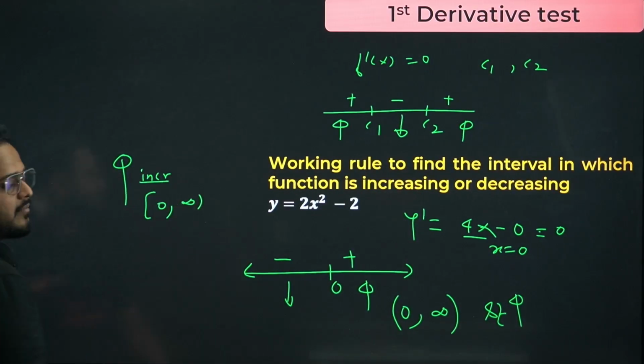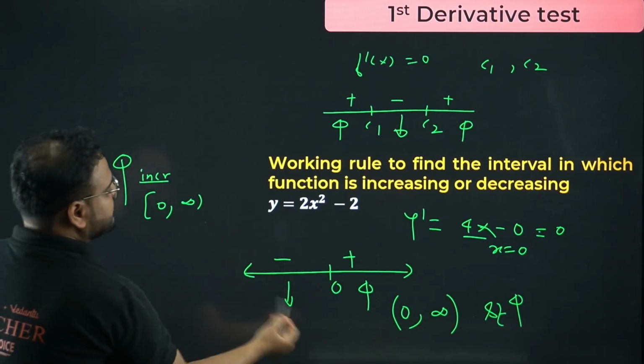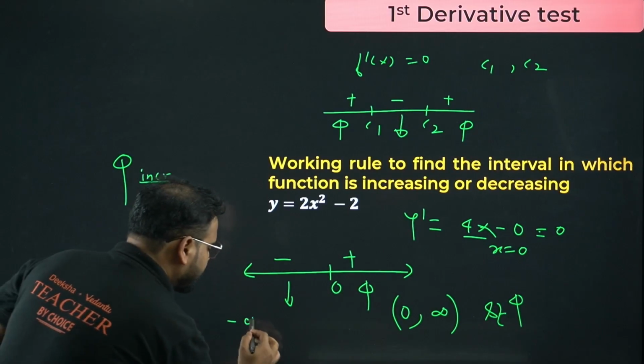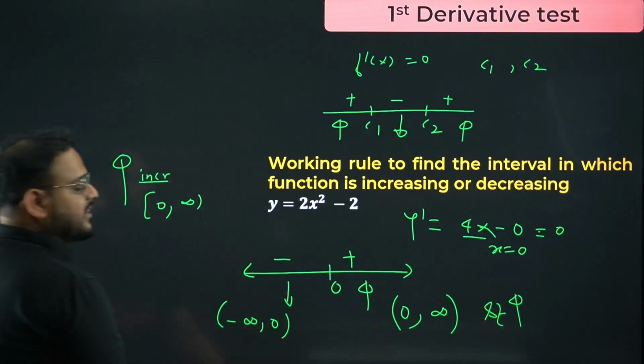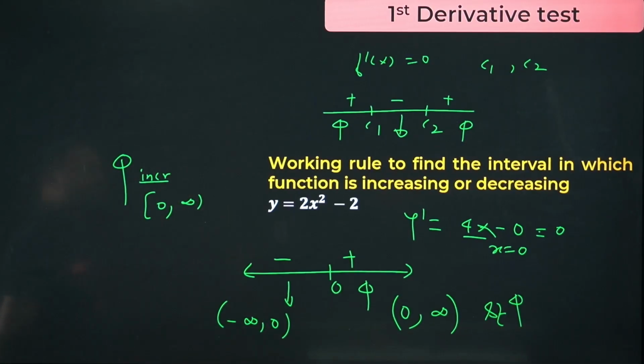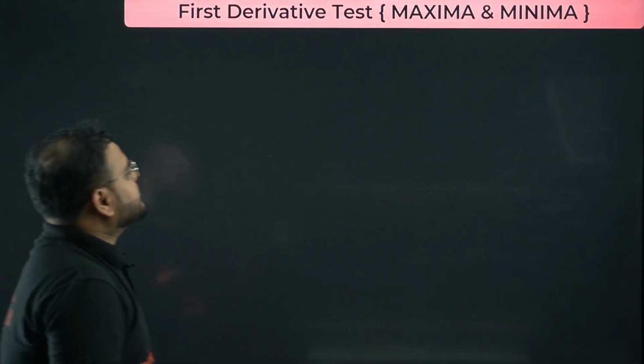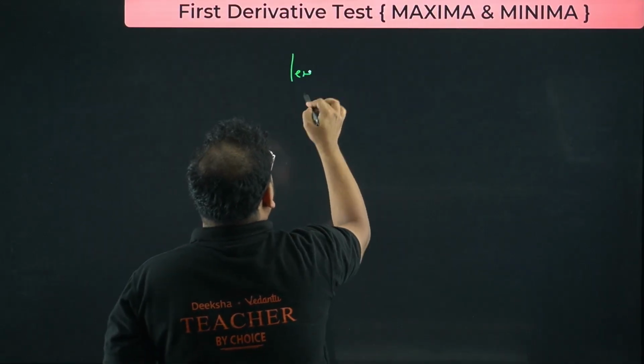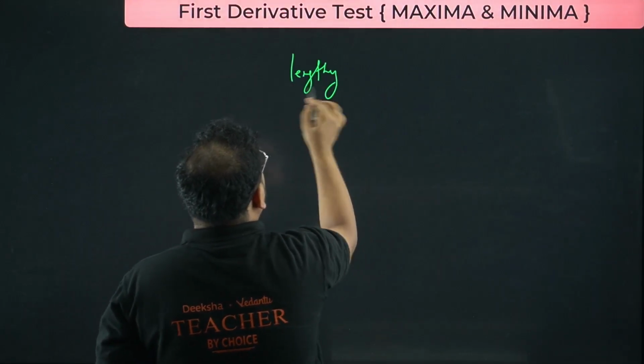Please check. Okay, decreasing, you'll have again negative infinity to 0. We'll have negative infinity to 0 as strictly decreasing in nature. Done? Okay. First derivative test for maxima minima, don't do it. It will be lengthier in nature. I've already taught you, but it will be lengthier in nature. Don't do it. Use